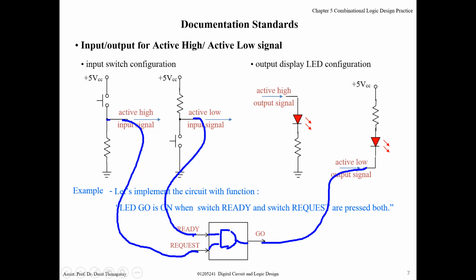Anyway, for this one, it is active high, so you do nothing, right? But ready, this next one is active low, so you need to add an inversion bubble here. And how about the LED? This LED is also active low, so you must just add this inversion bubble, so you can complete the circuit for this condition. So it's very easy, right? If you understand the concept of active high and active low, you can apply it very easily.